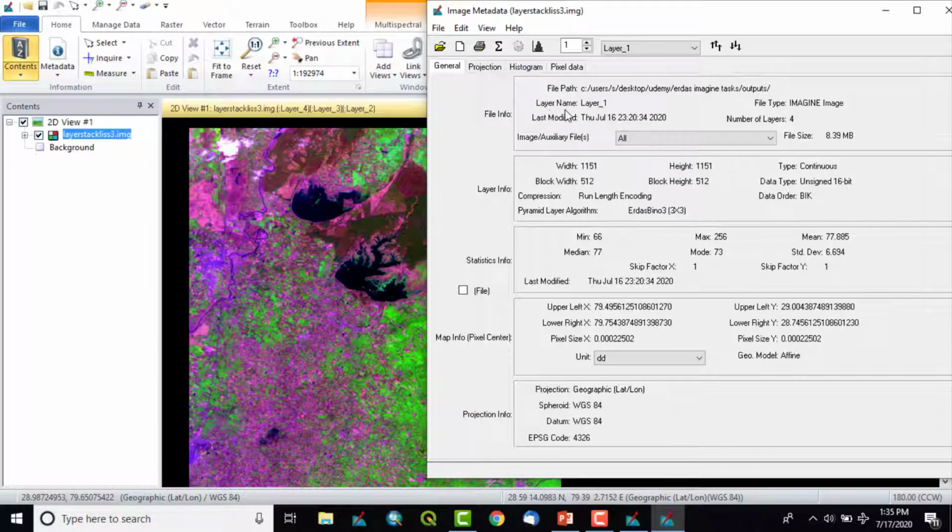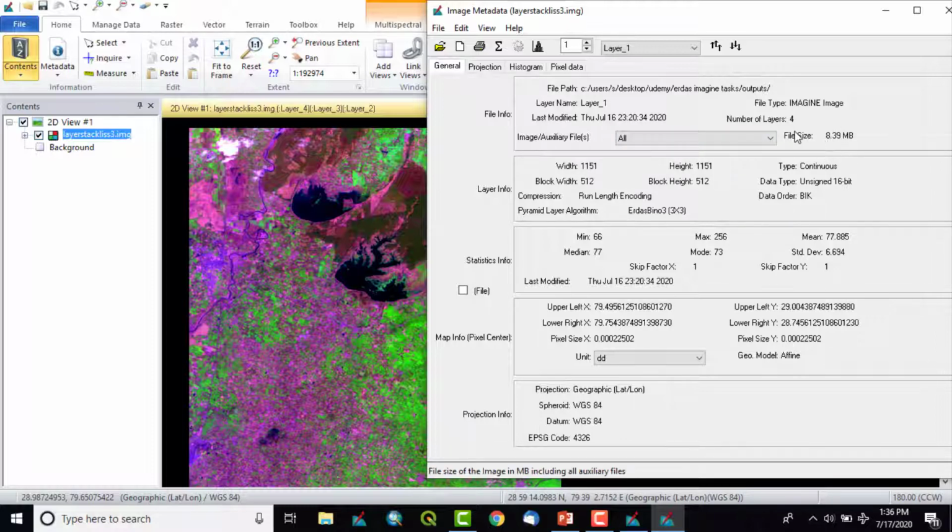The layer name is layer 1, and the file type is imaging, which is a raster file format. Then the last modified date and time is shown over here. Now the number of layers or bands this image has is 4. Then the file size.